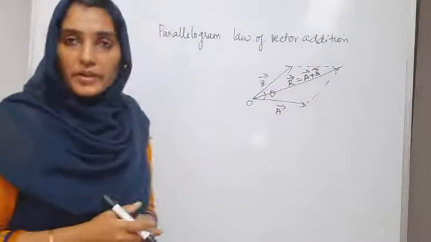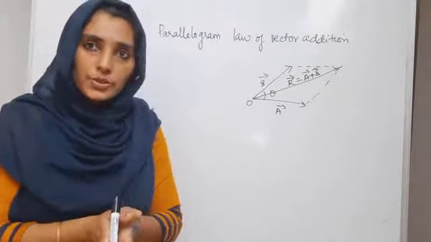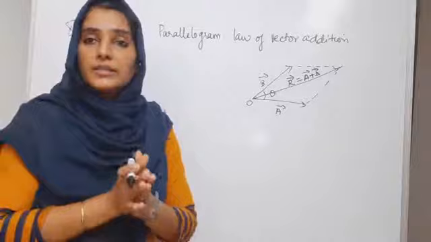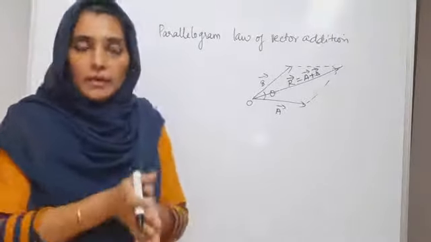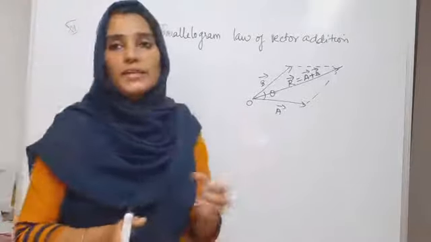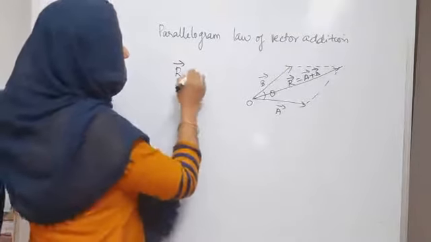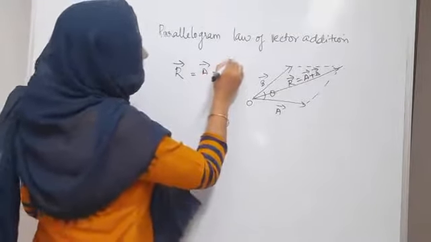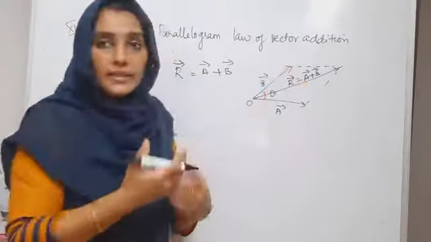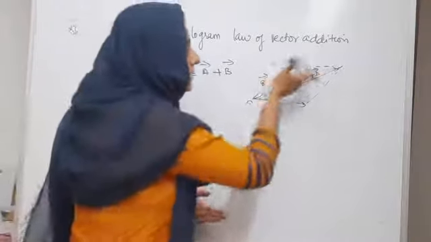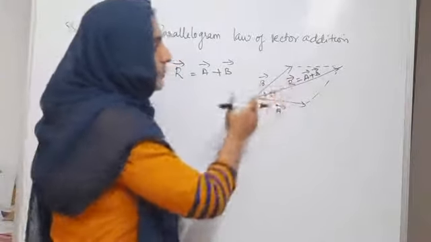We don't say the sum of vectors, we call it a resultant, because the resultant itself is another vector which produces the combined effect of the two vectors. When they are combined together, it produces the same effect as the combination of these vectors. So we can represent the resultant as R is equal to A plus B. You can see that it is a longer line, which shows that when you add these vectors, their magnitudes get added up in a certain way,